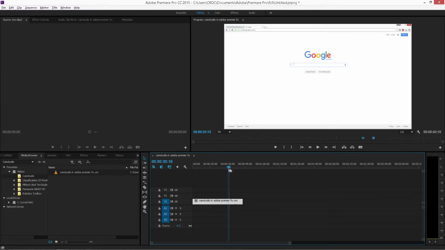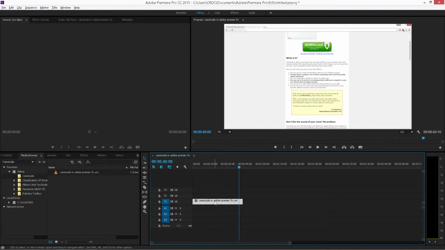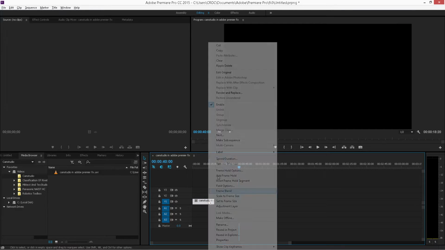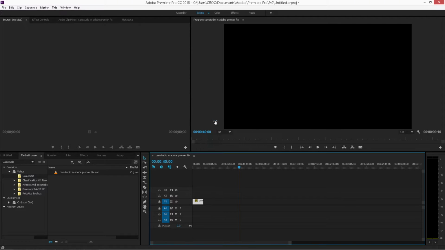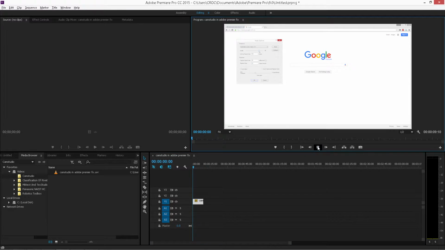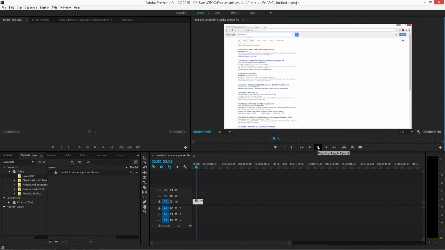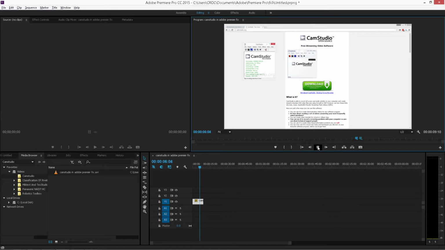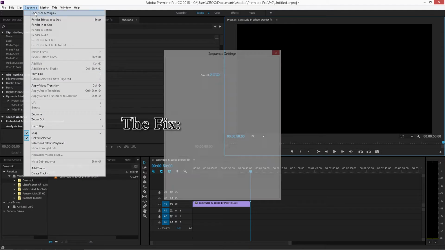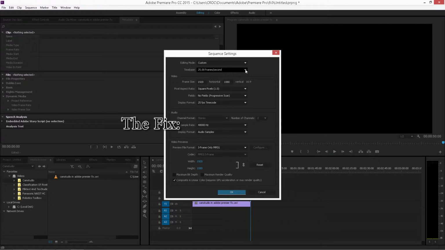but also that if I drag this around the place, it seems to play multiple times. And then if I cut off the end of the video, maybe make it a bit faster, go to the start again, and then not only is it playing fast, but it actually plays all the way to the end, then starts playing again. So notice that if I go to the sequence settings, I can change it to 10